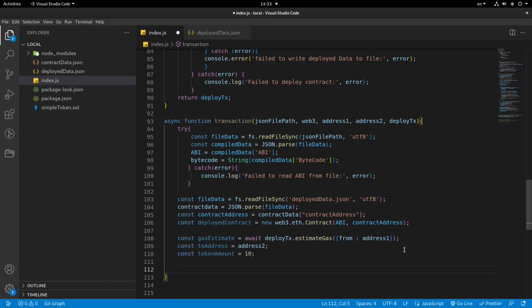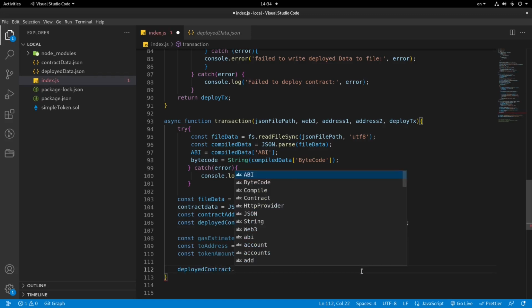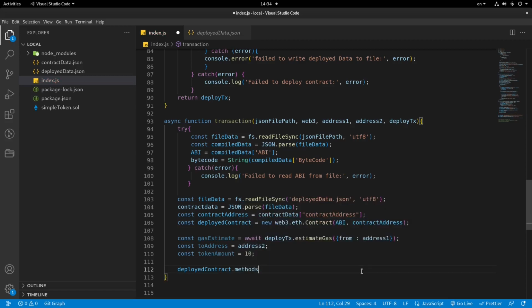So actually the deployed TX. In order to do so, we use the deployed contract variable here, deployed contract methods dot transfer, and then we'll get the to address here, the to address and the token amount, dot send,